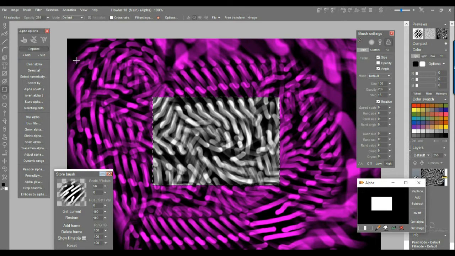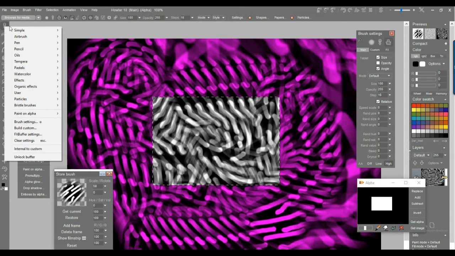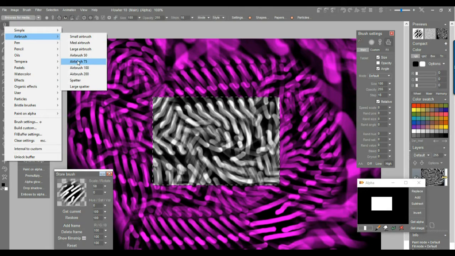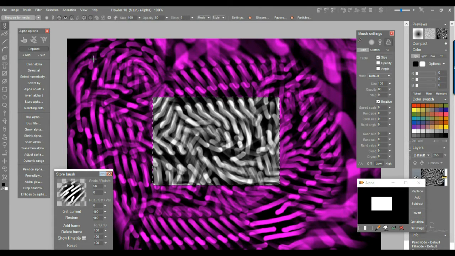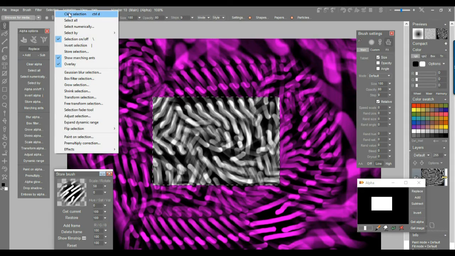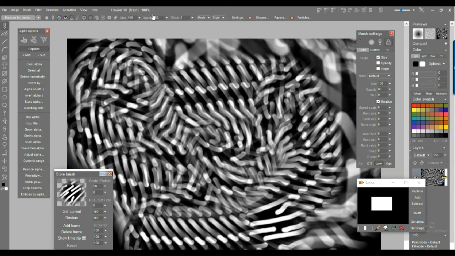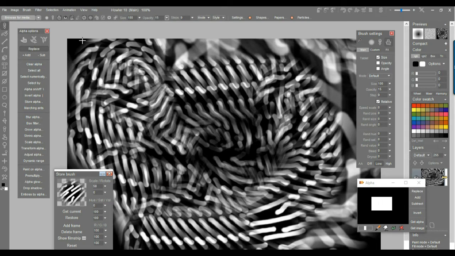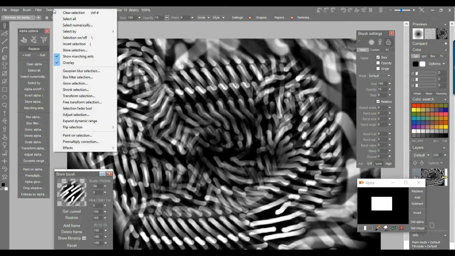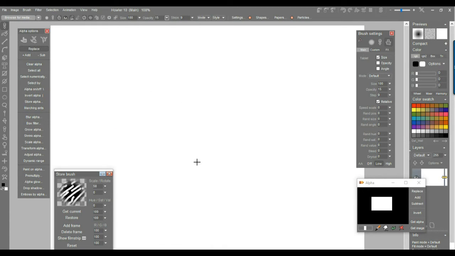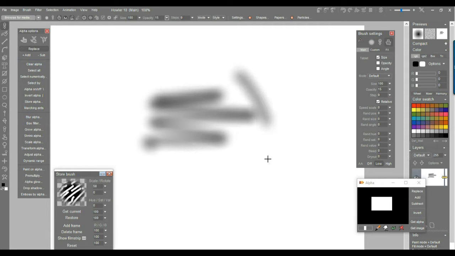But if we had actually painted the selection, let's say we get an airbrush, so let's clear the alpha, clear selection, and we make the airbrush very light, opacity very low. So as we paint here, it's very light. But we do this in the alpha, so you can actually paint on alpha. You can go here to the selection menu and say paint on selection. Right, so you now see the current, initially the selection, everything is selected, but as you paint on it,